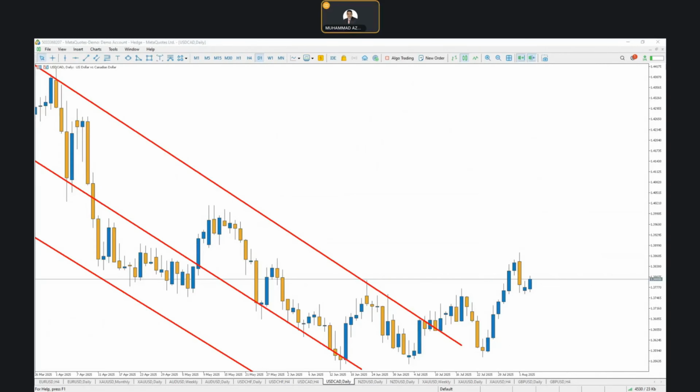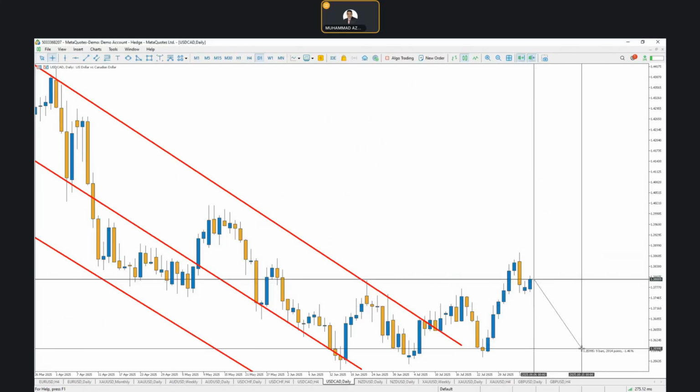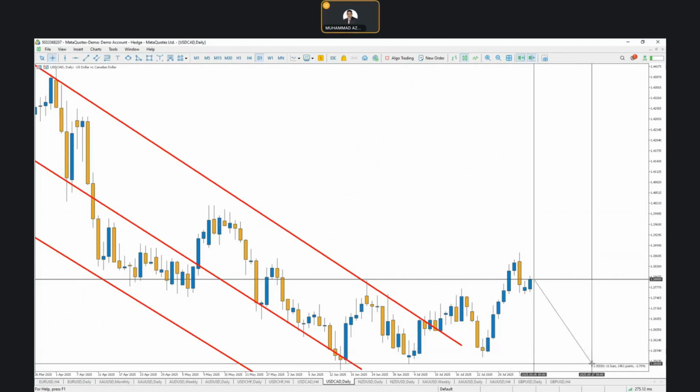Now, let me talk about different market scenarios. Potential market scenario number one for USD CAD is the unemployment rate is lower than expected. We get a less than 7% number. A lower than forecast reading would signal a stronger labor market than anticipated, reducing pressure on the Bank of Canada to ease policy, and the CAD is likely to strengthen on the news, pushing the USD CAD lower, and we might get a drop in price action